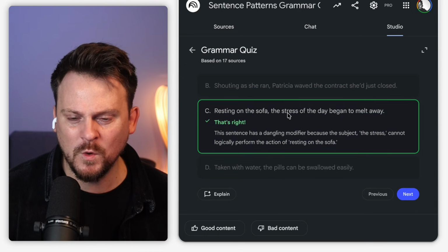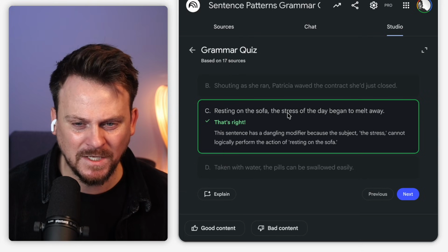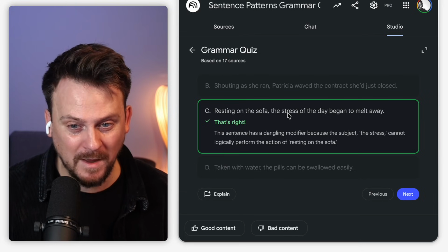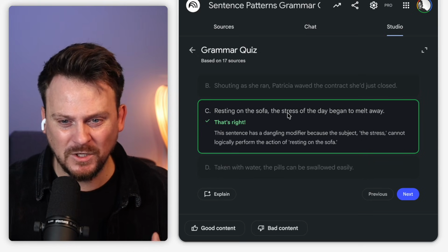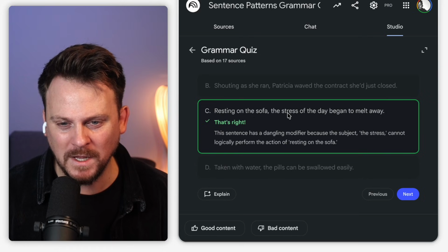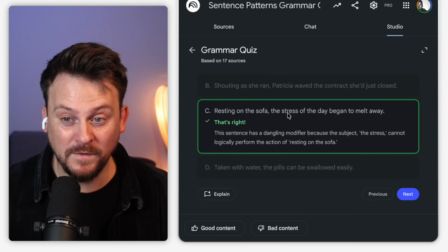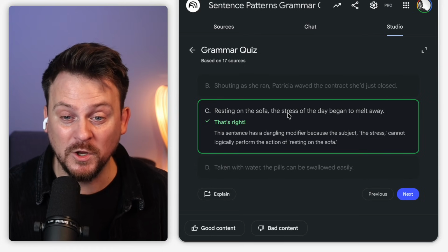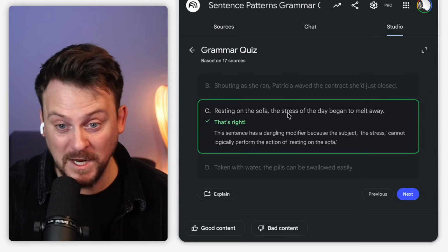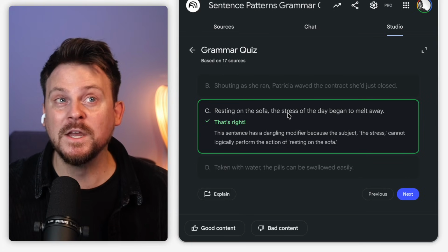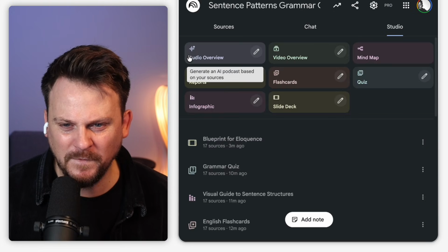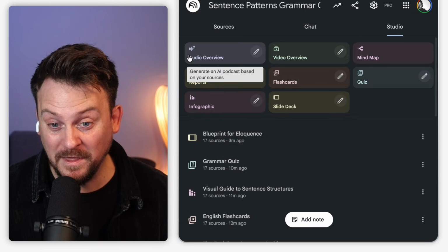Before, you could ask for a quiz and you would just get a quiz in text and it was visually not great. One thing I've always complained about with NotebookLM is visually, especially in the chat, it's just kind of clunky and wall of words-ish, and I don't really like it. But because they're really focusing on the studio part where you can build custom experiences, visually it's looking a lot better. I mean, the video overview, the flashcards, we'll see about the slide deck, the quiz. I think things are looking much better, feeling much snappier, and I think